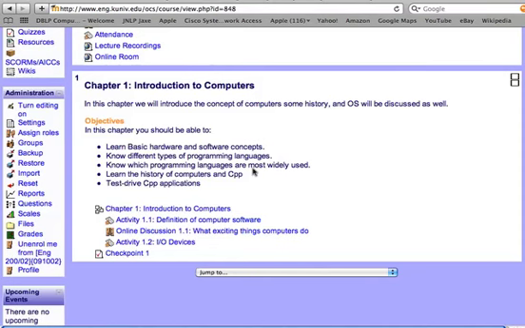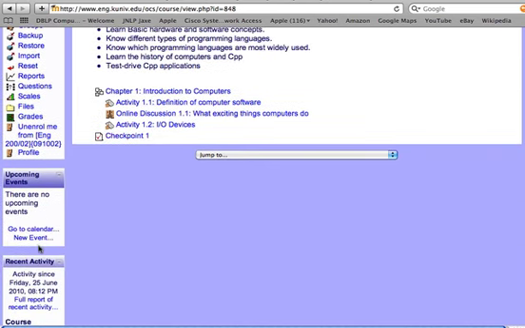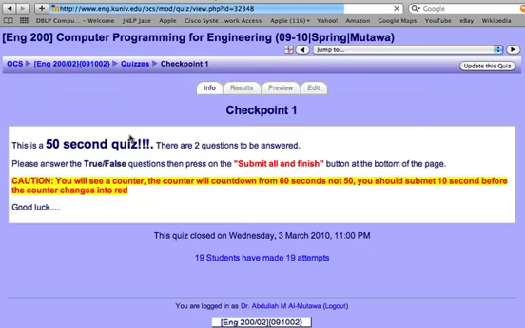Next, every chapter is followed by a very short online quiz. You're free to take the quiz anytime during the 24 hours that is announced in the upcoming events, and it is also written. Once you click on the checkpoint, further direction is given. Wow, this is only a